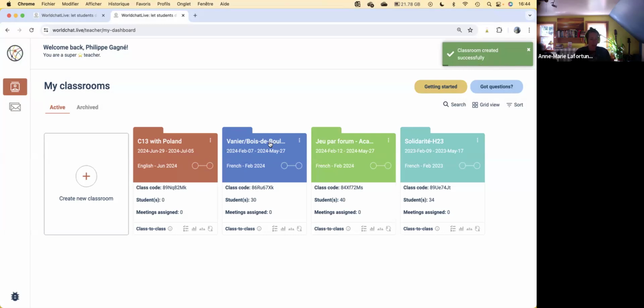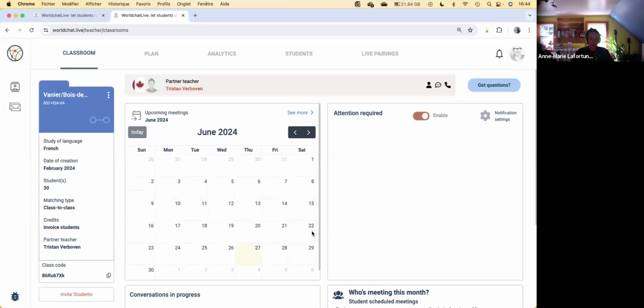So for your class, there are a couple of features I want to show you here, but we'll do it very quickly. Your class code is here. So the class code is what you can share with your students. You can copy paste this, and then this is how they're going to be able to sign up. This here confirms that this is a class-to-class match, and then you've got some shortcuts at the bottom that you can explore. Clicking on the class folder, it takes you to this main page here, where you've got your calendar